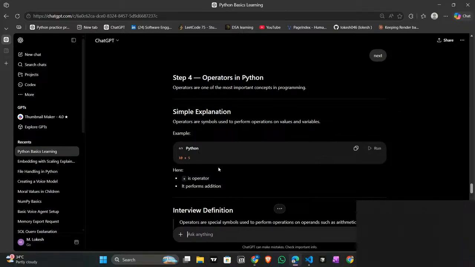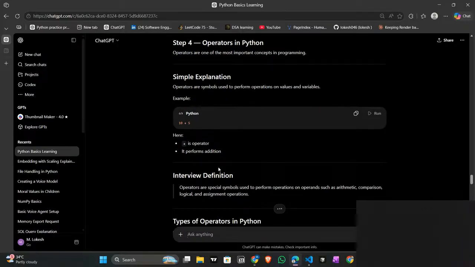Operators in Python. What are the operators you know? We have learned in school or college in math class only addition, subtraction, multiplication, and division.